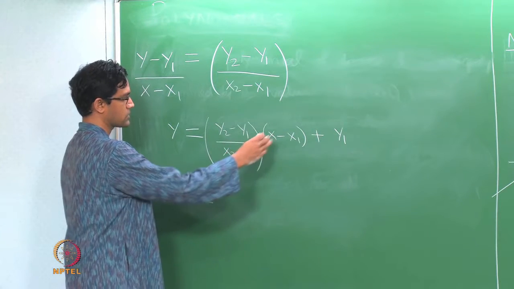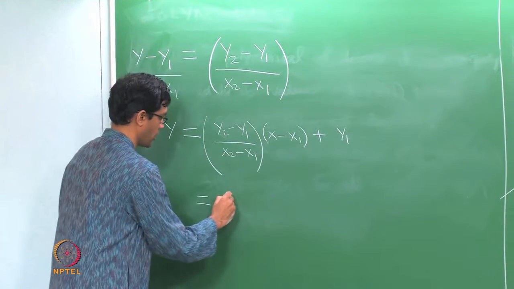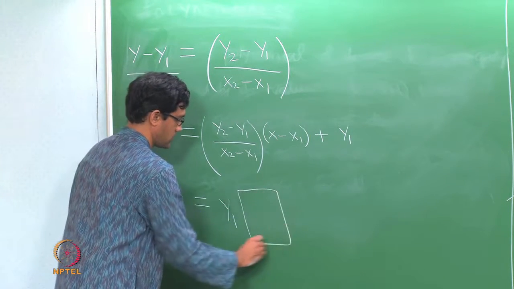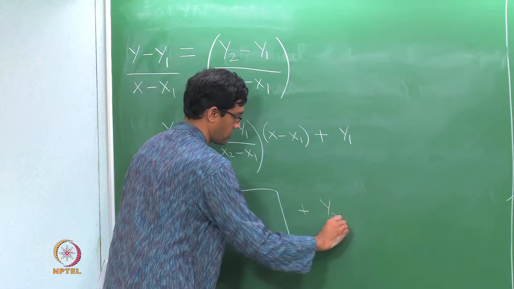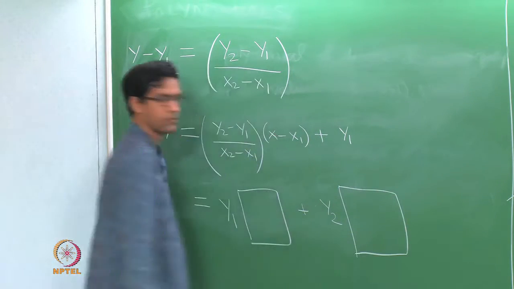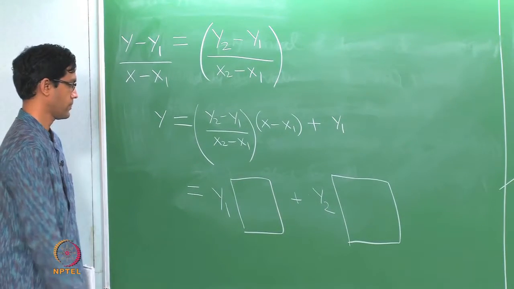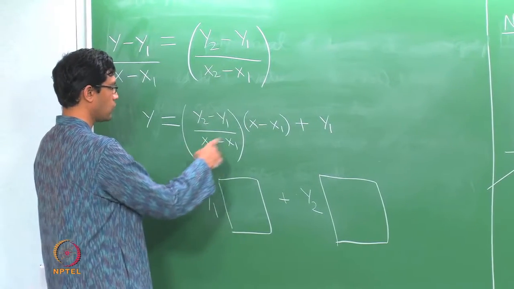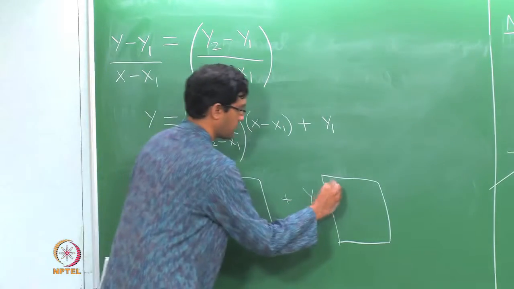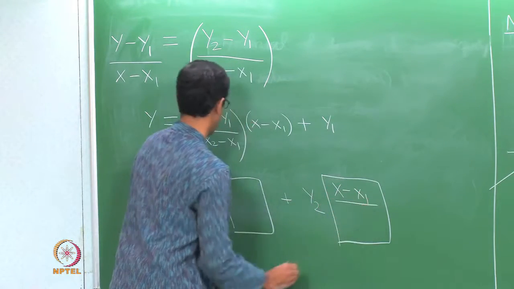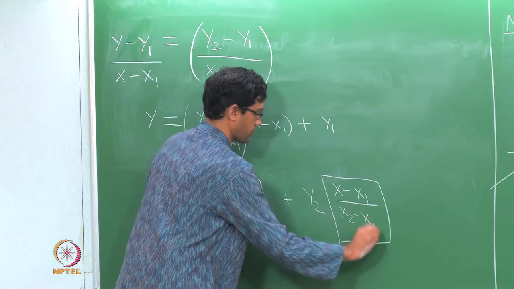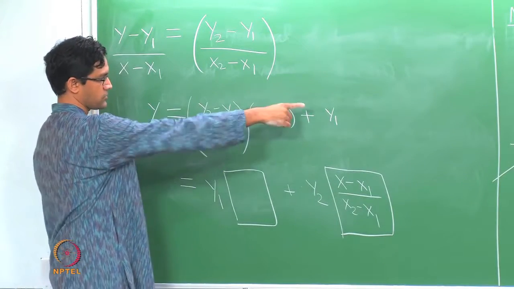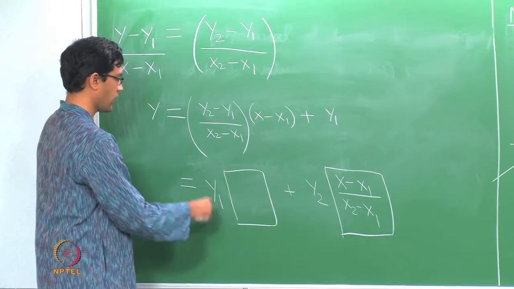I will write it as something times y1 plus something times y2. So I want to do the following. I want to write it as y1 times some expression which does not have y1 or y2, plus y2 times some expression. So I am going to try and rewrite it in this form. So let us do that. This looks like y2 times (x minus x1) by (x2 minus x1), and I have a y1 which occurs here as well as a y1 there. So if you see what the y1 coefficient looks like,